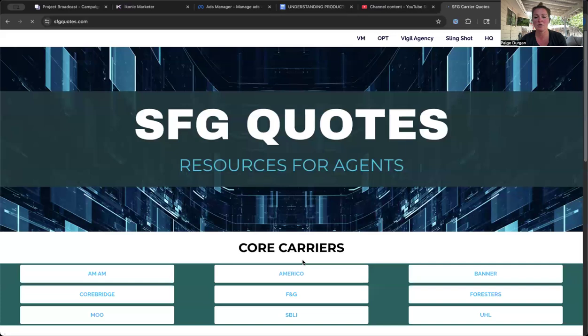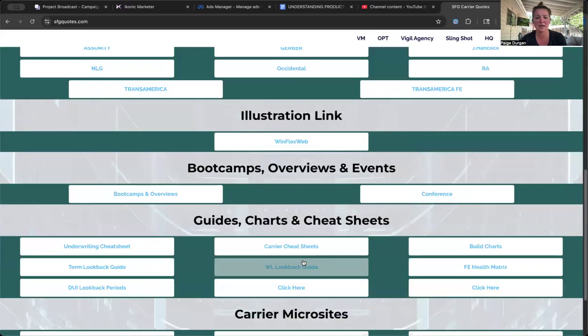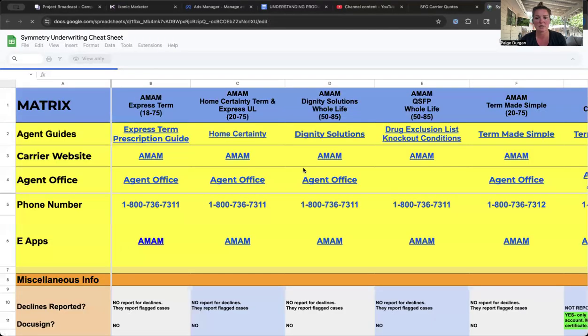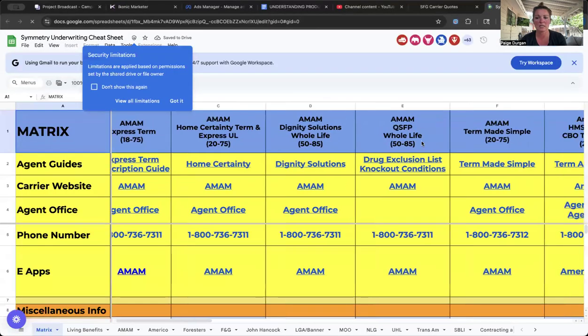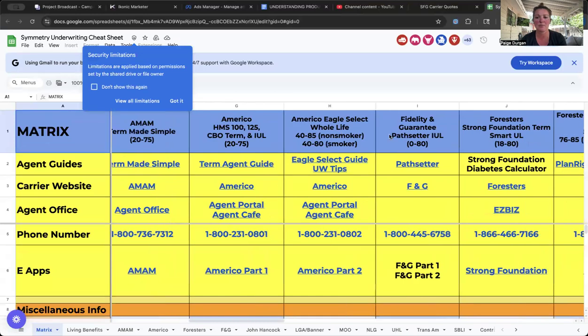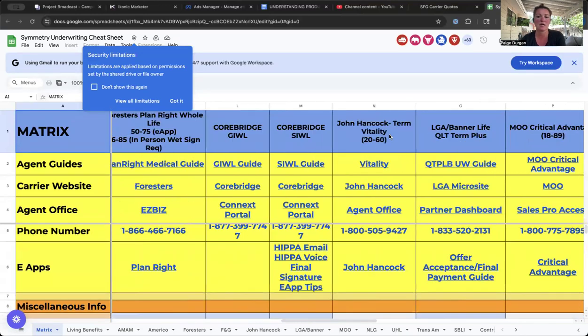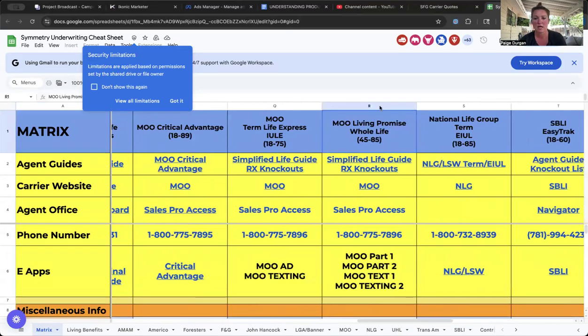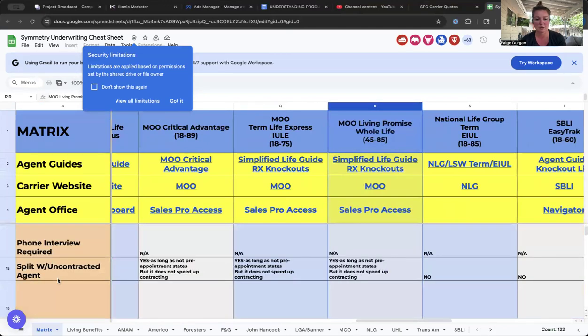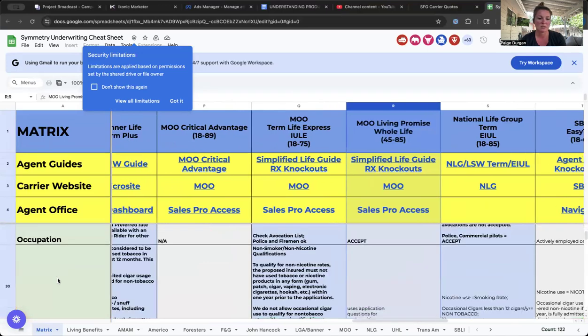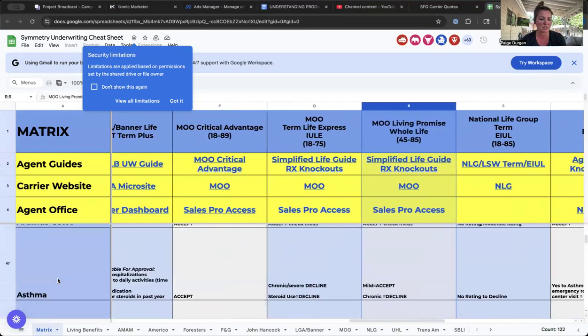You're going to scroll all the way down and you're going to find your underwriting cheat sheet right here. And you're going to look at Mutual of Omaha Living Promise, so that's up here at the top. You're going to go Mutual of Omaha Living Promise, which is this one, and you're going to scroll down and look at all these ailments and make sure that your client will get approved. So if we look at heart attack, which this is just going to be a quick